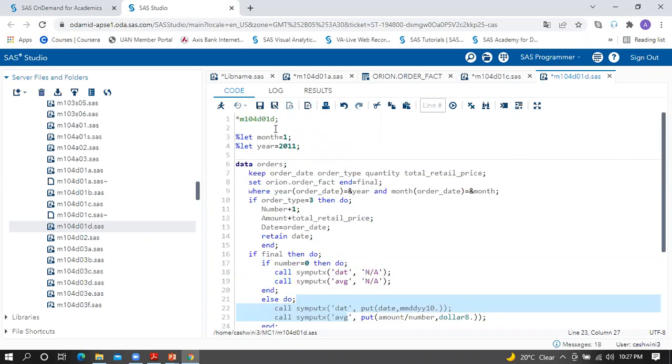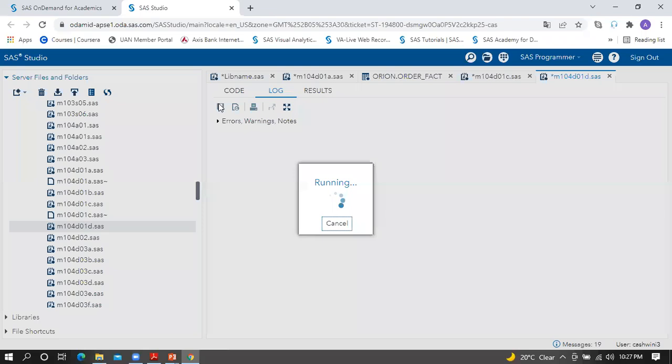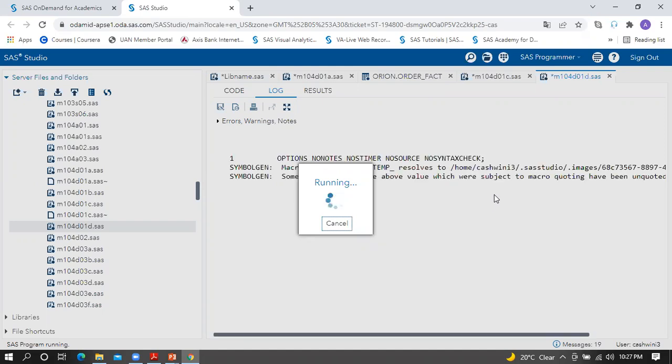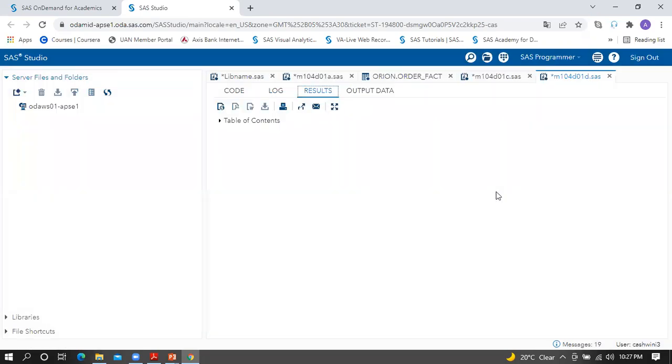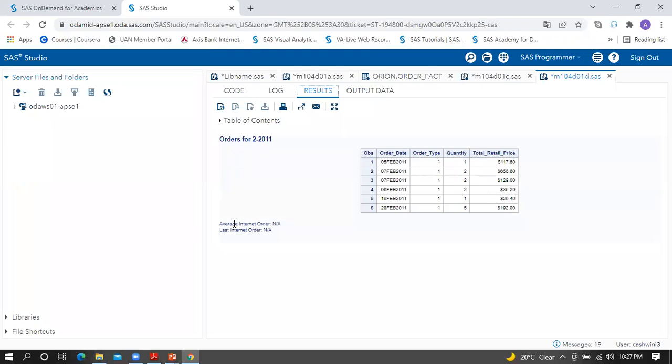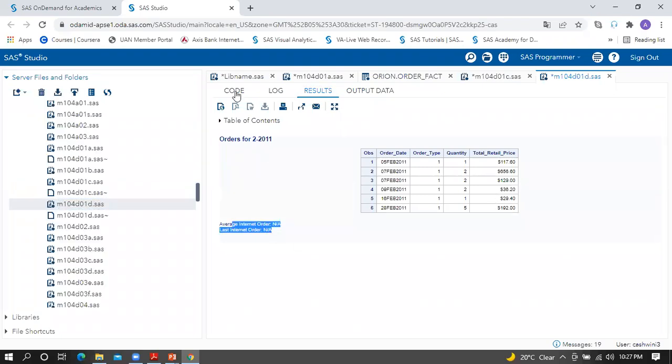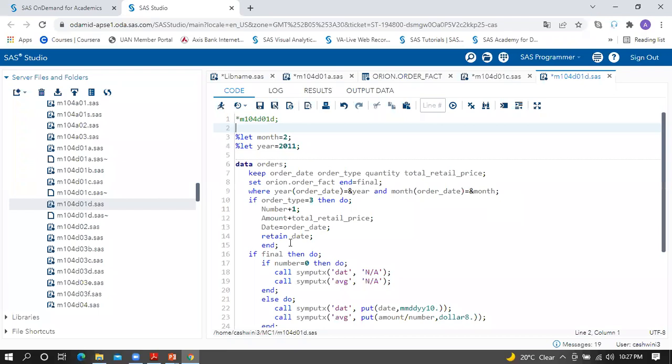Now in first month we know it's coming, but let's check for month 2. Why? Because in month 2 we know for the same month and year we don't have any internet orders. So let's check how your report comes. So it should come with NA in your footnote for last internet order date and your average. Now this is working because we ran this without any